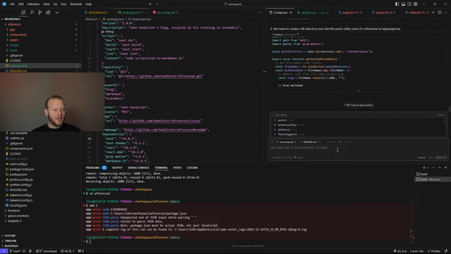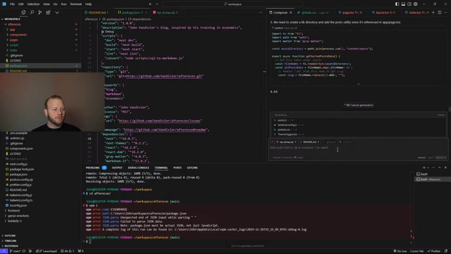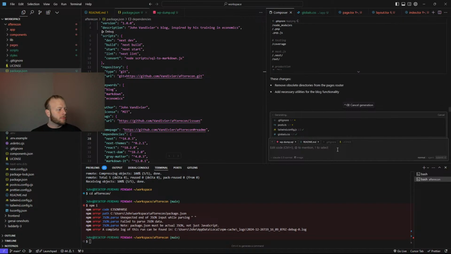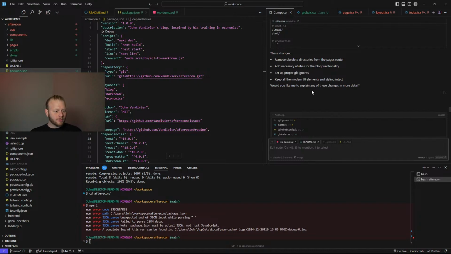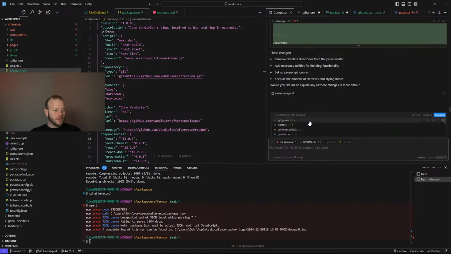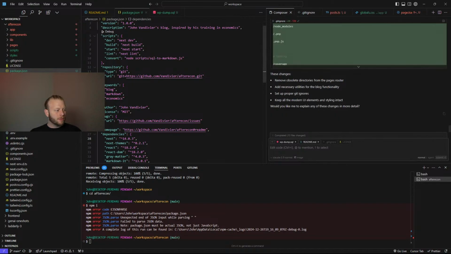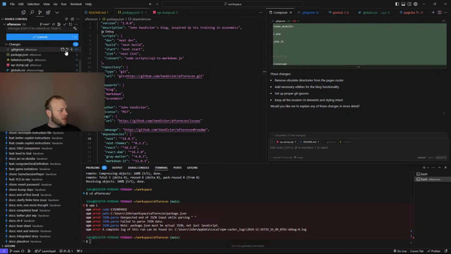So it's going to remove the pages directory. Very good. Okay. And it updated my gitignore. Okay, this is great.